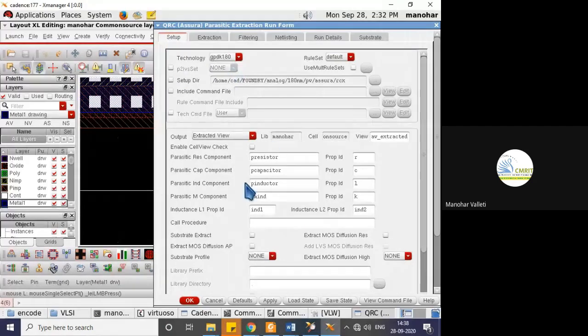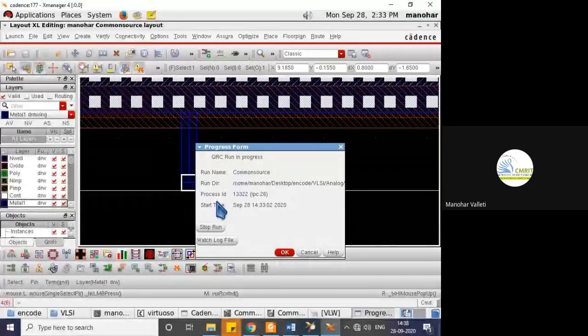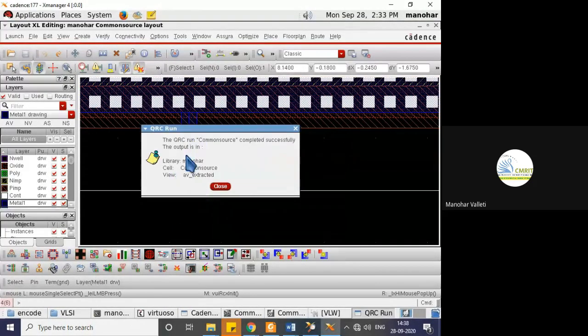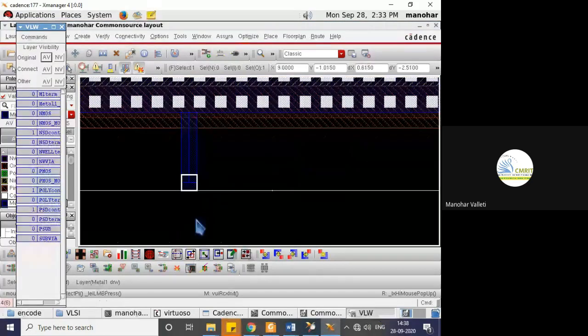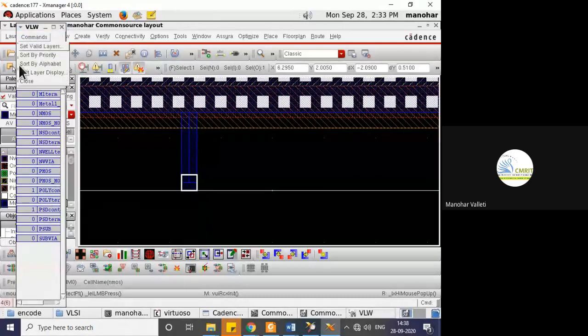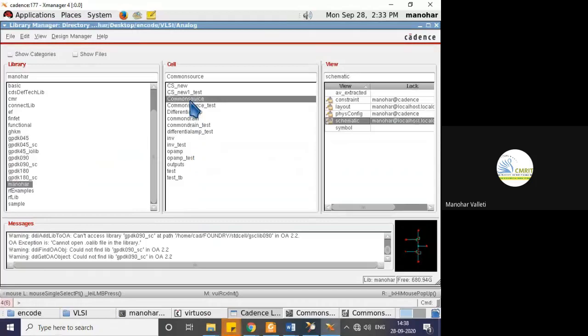Setup GPDK 180 is already there. Click OK. This will automatically create an av extracted file in your library manager also. Completed successfully. We need to open this av extracted view to see the file. This is with regard to your LVS. I'm just closing this. If any errors are there, that window will come. Common source av extracted.